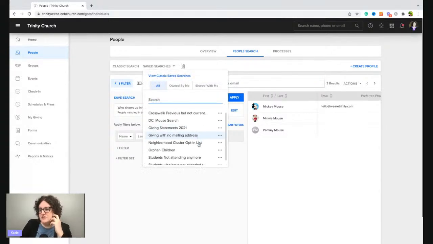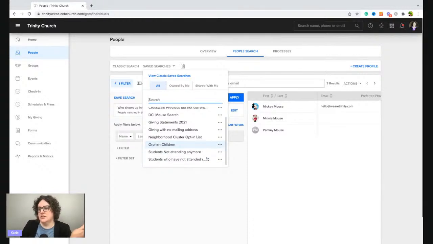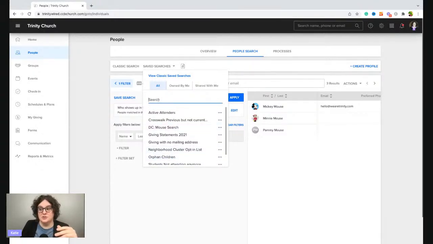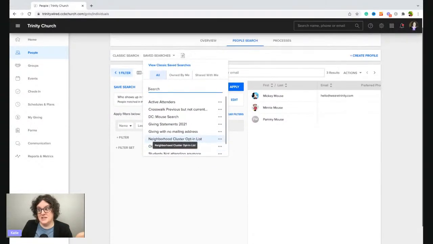So here is my list of save searches, and you can see while I do have good names for them, so it's clear like this is my active attenders. These are crosswalk students who previously attended, not currently. So while I've named them clearly, they're just kind of all messed up. I should have done like students colon and then had a description. That makes it cleaner and just makes it quicker as I'm going through. So then I don't have to use this search as often. It's not a big deal right now because I don't have that many save searches, but let's jump over.